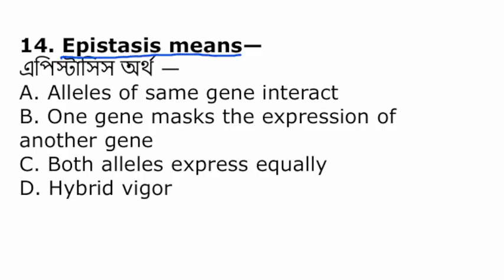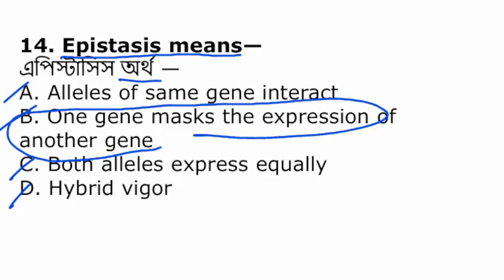Epistasis means, epistasis বলতে আমরা কি বুঝি? Alleles of same gene interact, one gene masks the expression of another gene, both alleles expressed equally, hybrid vigor. So epistasis is basically when one gene masks the expression of another gene, একটা জিন আরেকটা জিনের এক্সপ্রেশনটাকে বন্ধ করে দেবে।